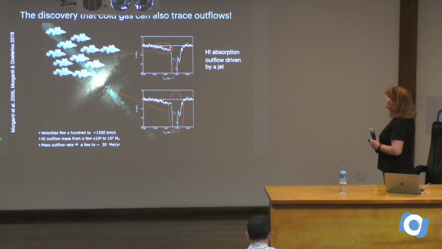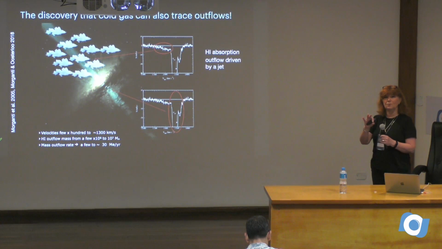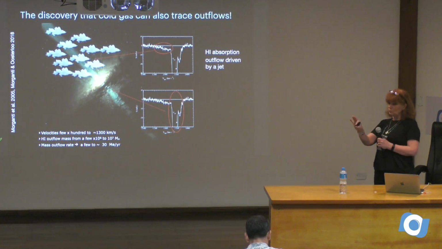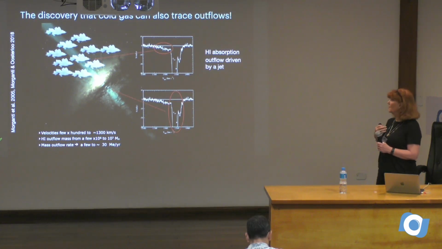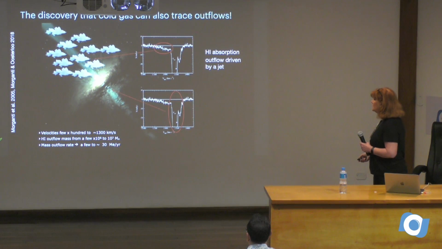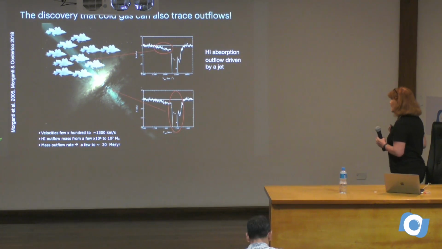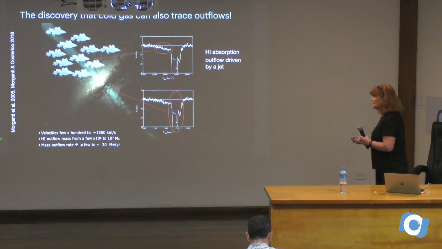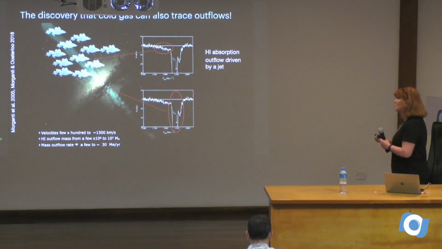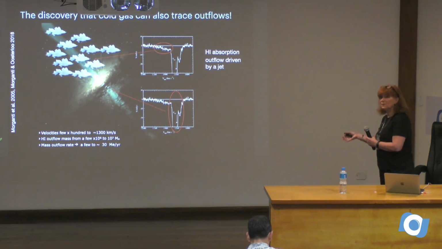Okay, but then we start seeing this very broad blue-shifted wing. This is gas in absorption, so it has to be gas in front of your continuum source. So the blue shift really tells you without any doubt that the gas is coming toward us. So this is HI gas moving out at more than 1,000 kilometers per second and giving a mass outflow rate of about 30 solar